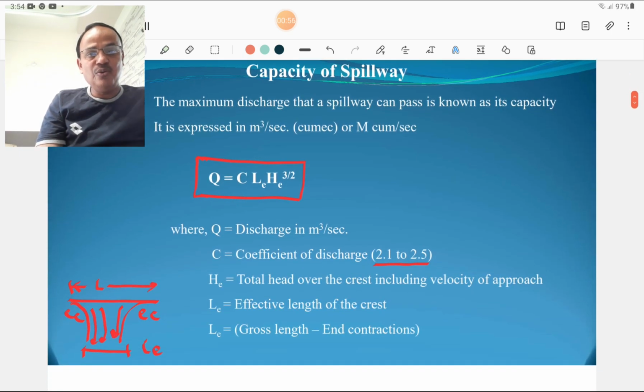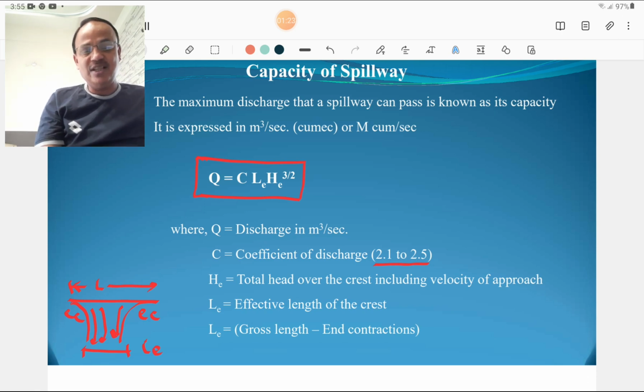First of all, we discuss the capacity of the spillway, how it is calculated. The maximum discharge that a spillway can pass is known as the capacity of the spillway, and it is expressed in meter cube per second or million meter cube per second. The unit of the capacity of the spillway is the same as that of discharge, and the formula used for calculation